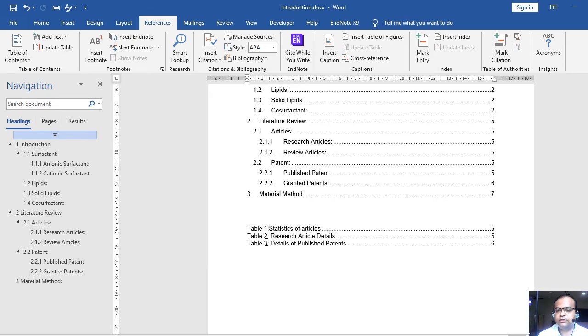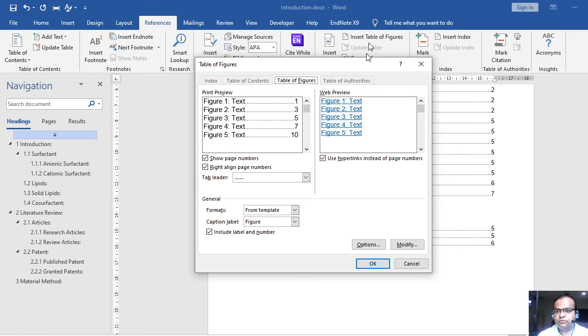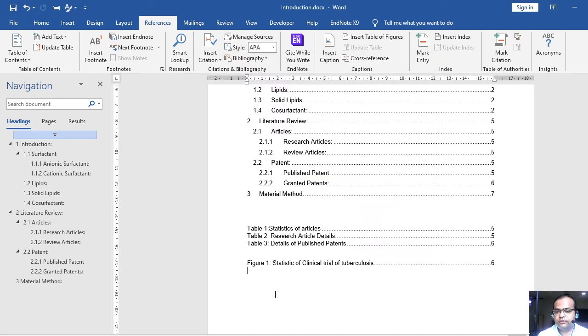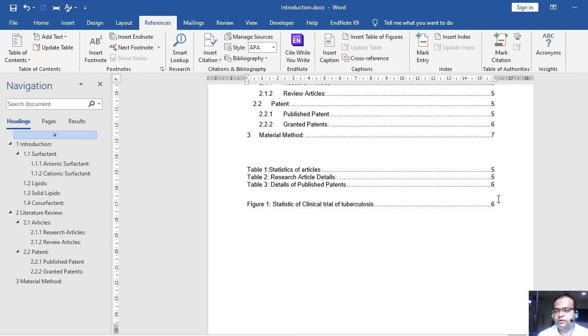See, here is the list of tables. We have 3 tables, table 1 to 3, with their respective page numbers. Again, to insert the list of figures, go to the same place, select Figure and click OK. Now I have figure 1, page number 6.